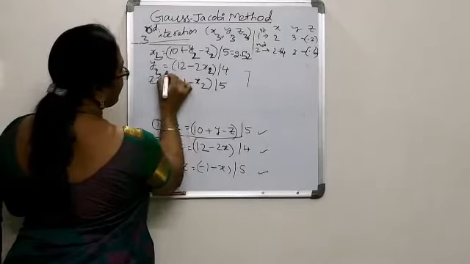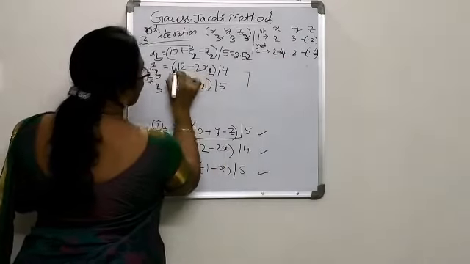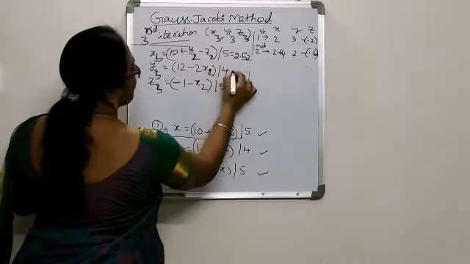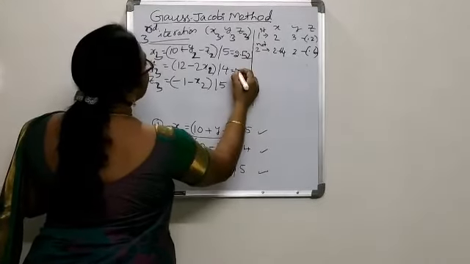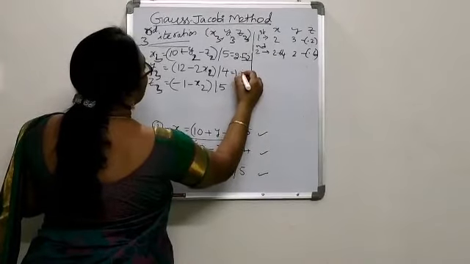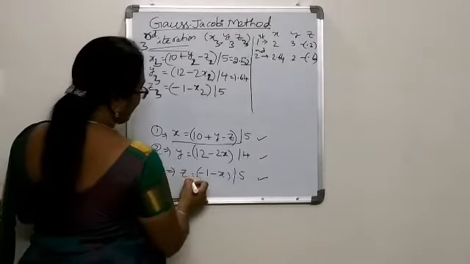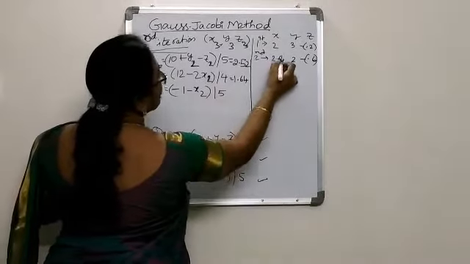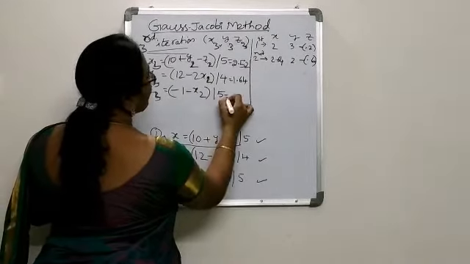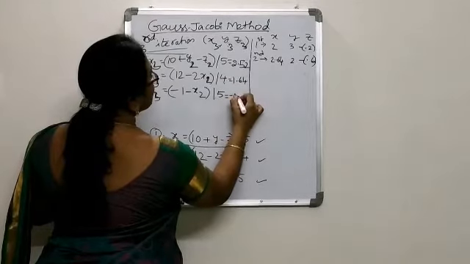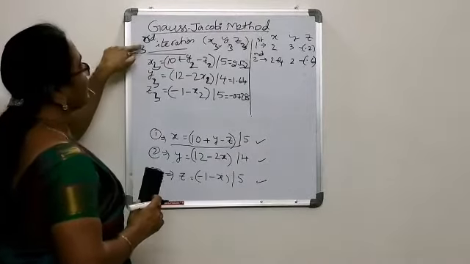Similarly, y3 equals (12 - 2x2) / 4, where x2 equals 2.64. So 12 minus 2 into 2.64 by 4 will give us the value 1.64. Okay. Now to get the value of z3, which is (-1 - x2) / 5, where x2 is 2.64, we have minus 1 minus 2.64 by 5. We are going to get the value minus 0.728. Right? These are the three values in the third iteration.